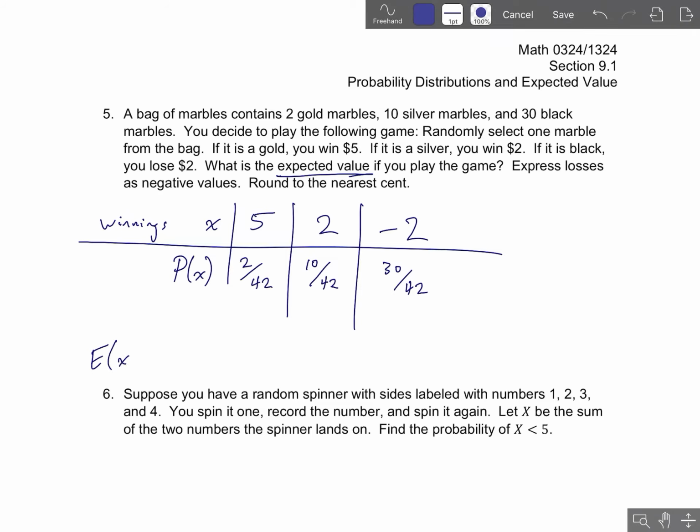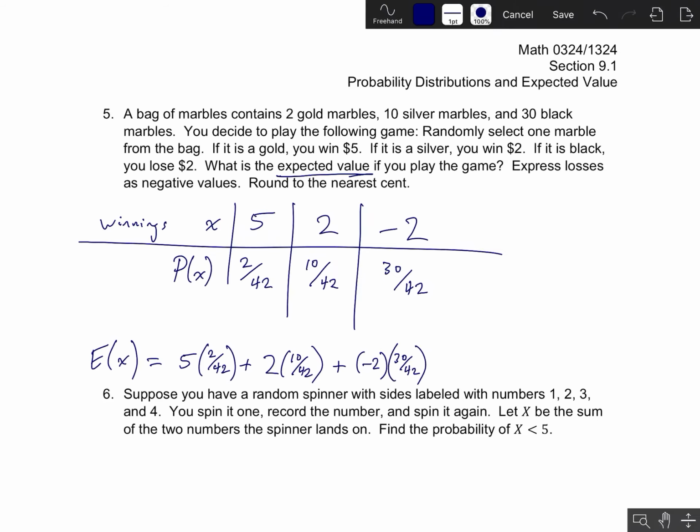So that means that the expected winnings would be the expected value of x. For that, we're just going to take the outcome and multiply by its probability, and we'll sum up all of those. So this would be 5 times 2 out of 42, plus 2 times 10 out of 42, plus negative 2 times 30 out of 42. And I plugged this into a calculator already. It ends up coming out to negative 30 out of 42, which is a negative 71 cents,